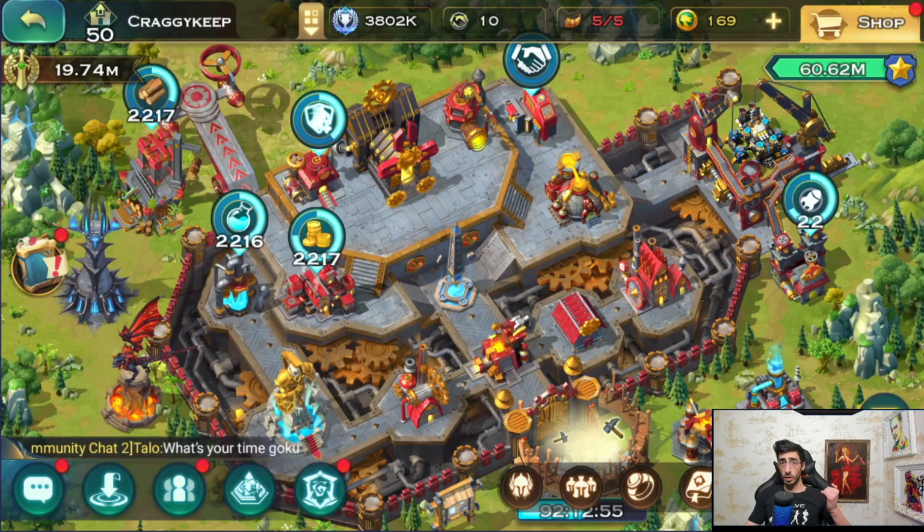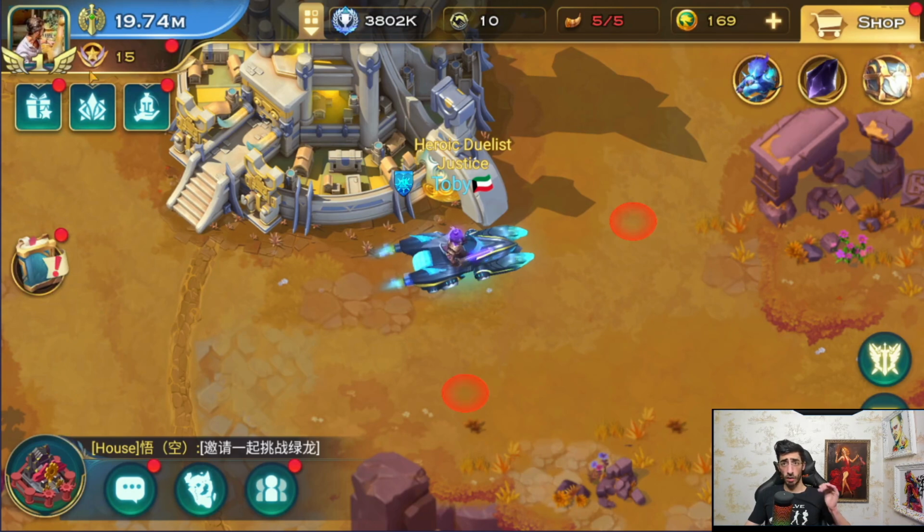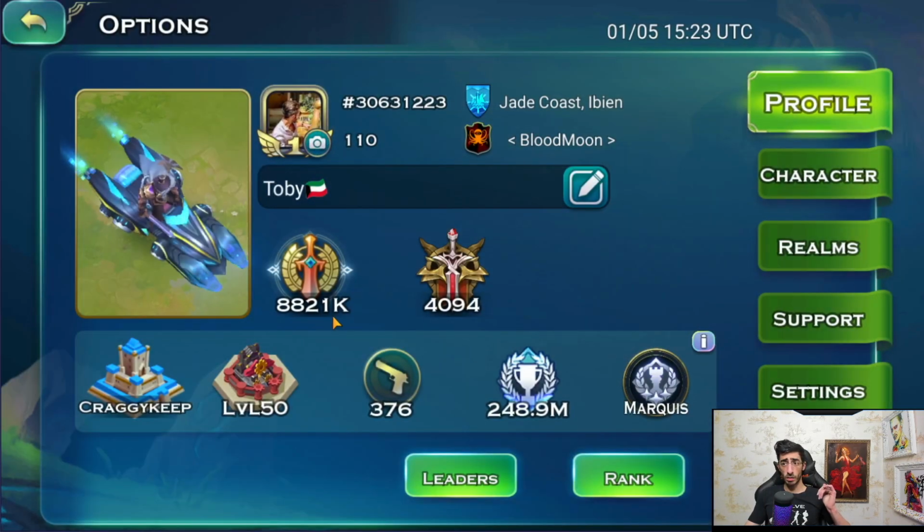So in order to craft all the gear that you want, you obviously need to farm honor, but honestly you don't need a lot of honor. If you can see, my total honor is only 248 million. It's not a lot, considering I've been playing for 3 years. Honestly you don't need more,